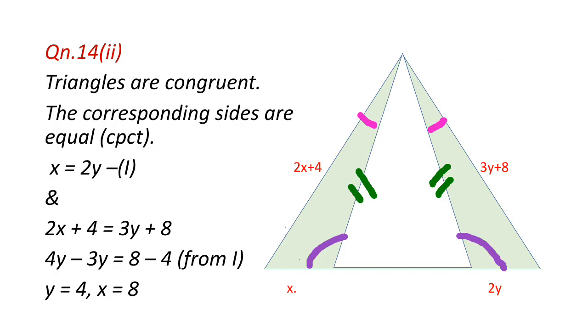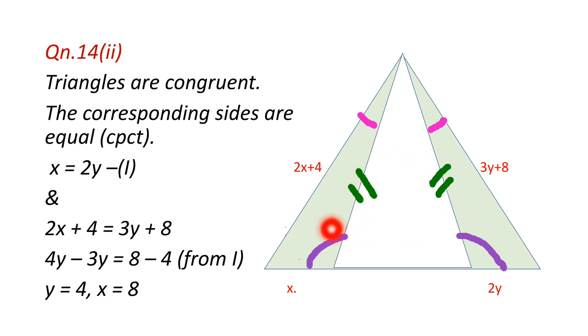Now we are going to question number 14. The first bit I have not solved, but I have solved the question for bit 2, question 14 bit 2. See, this is the proper figure given. From the figure, this angle is equal to this angle. We are considering these two triangles which are colored green here. This angle is equal to this angle, this side is equal to this side, and this angle is equal to this angle. That means those two triangles are congruent to one another by angle side angle congruency.